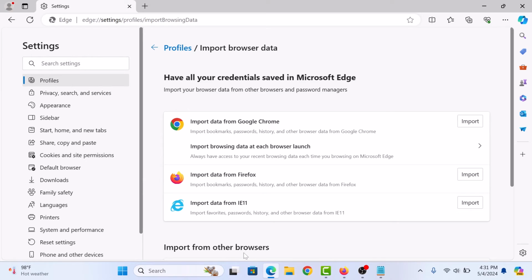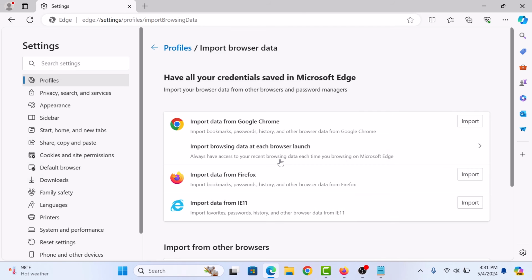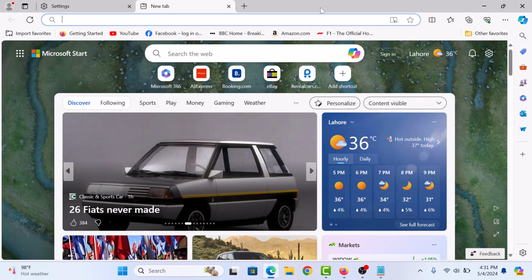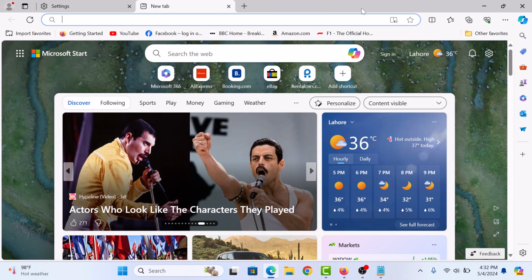Here click on Import button next to Import Data from Firefox. Under Choose What to Import, uncheck all options except favorites or bookmarks. Now click on Import button. Click on Done. So these are the bookmarks transferred from Firefox and you can see them in your Edge browser